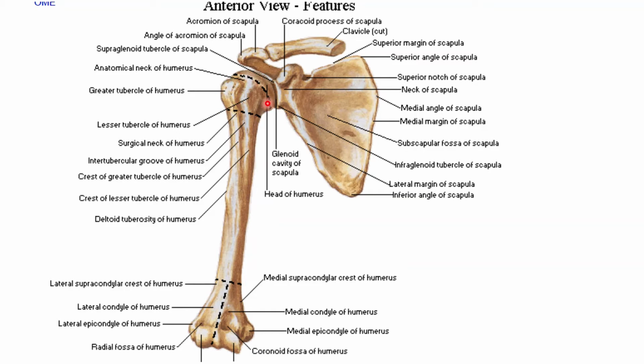The black dotted line represents the anatomical neck here. The anatomical neck of the humerus separates the upper end from the head. We can see the surgical neck over here, which is separating the shaft of the humerus from the upper end. So this is about the head of the humerus.